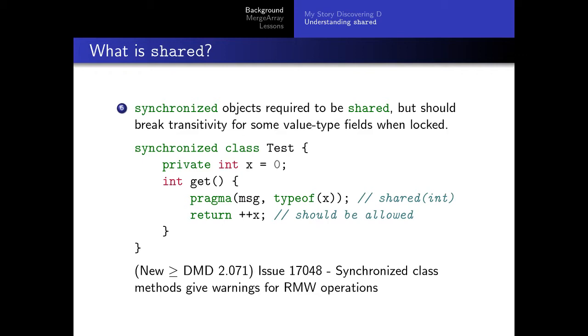As I said before, doing something like ++x isn't normally allowed with a shared int, but this code should be 100% safe and perfectly fine because you're under the lock, and the pointer isn't being shared. But a couple versions of DMD ago, this gives a warning, the same warning as if you did ++x anywhere else. And before that, it didn't give that deprecated warning. Well, I think before that,